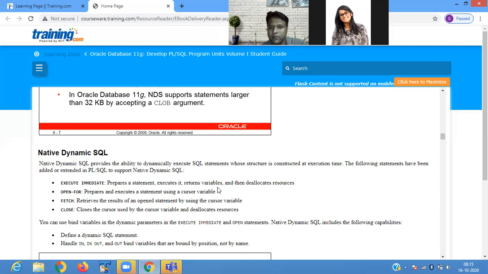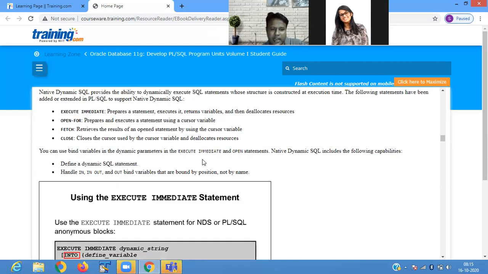Fetch retrieves the result. Close is used to close the cursor. Then you can use bind variables in the dynamic parameter in the execute immediate and open statements. Native dynamic SQL includes the following capabilities: define the dynamic SQL statement, handle in and out bind variables that are bound by position.